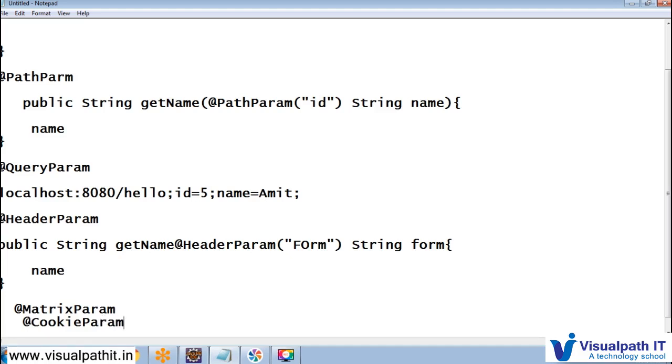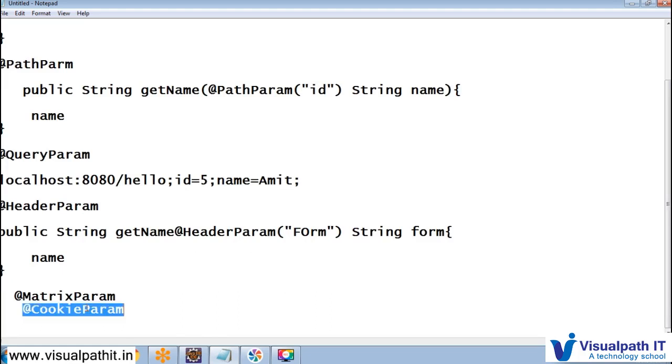As the name says, the CookieParam annotation allows you to inject the value of the cookie, or an object that represents the HTTP request cookie, into your method invocation. So we can directly use it as a CookieParam if we want to send some information related to cookies, or we want to utilize this information as a cookie, then we have to use @CookieParam here